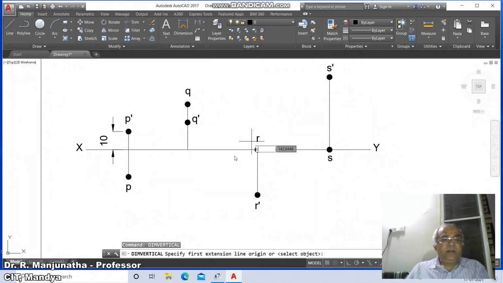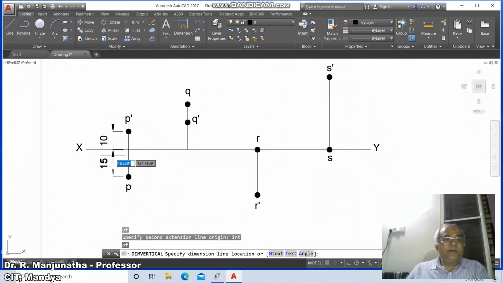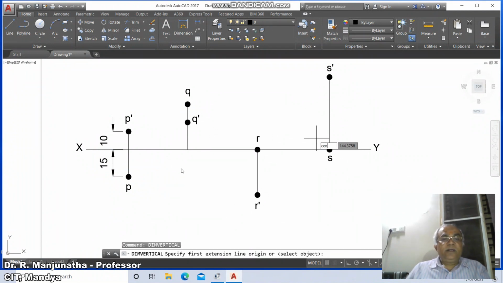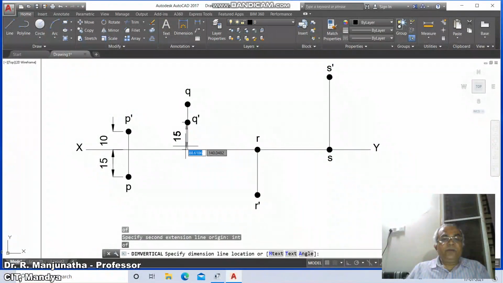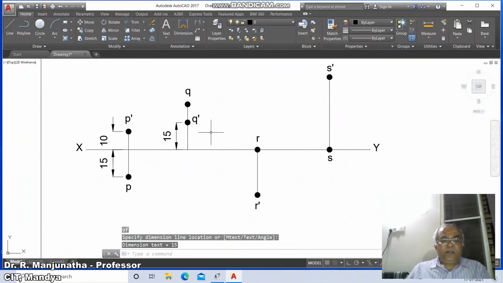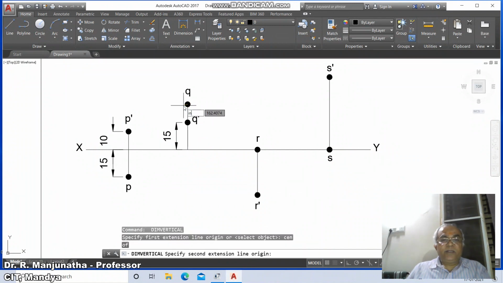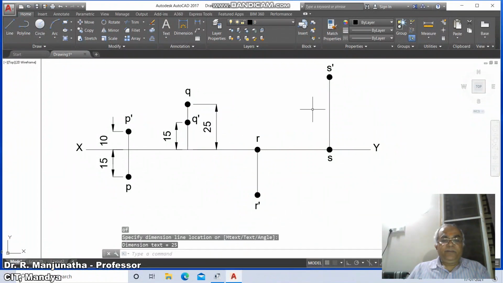Similarly dim vertical, take center of this and INT of this, so this distance is 15, select this. Similarly dim vertical, take center of this, take intersection of these two here, then similarly center of this and intersection of this and take 25 mm here.